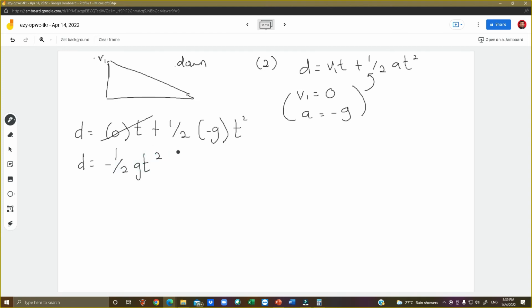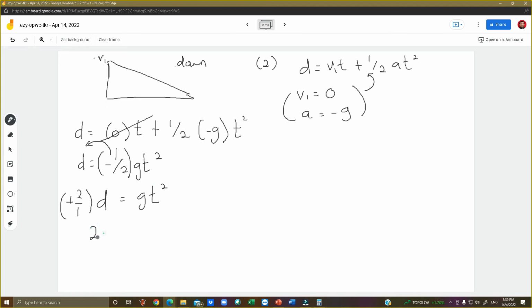And as always, we try to find T kat sini. Okay, kita cuba untuk find the T here. Jadi, macam mana kita nak transfer dia? Okay, kalau pening, we go one by one. We go the first column first. Transfer. Half negative. Negative half. Bila transfer sini, dia akan jadi positive 2 over 1. D equals to GT square.